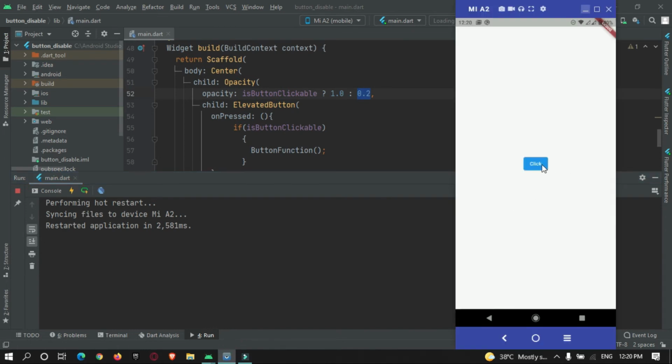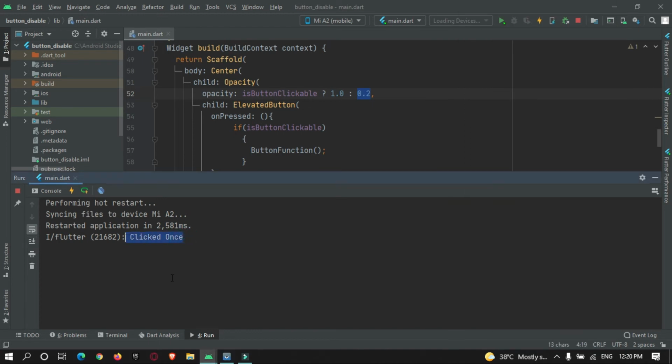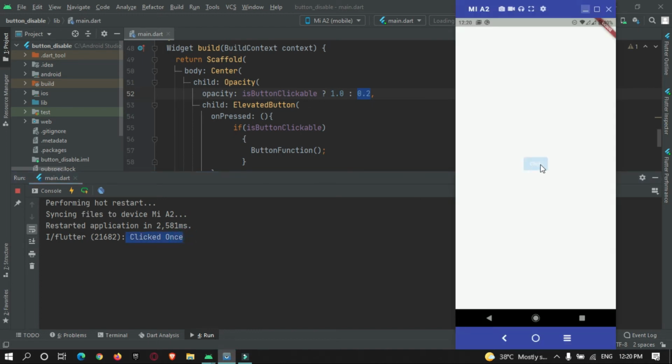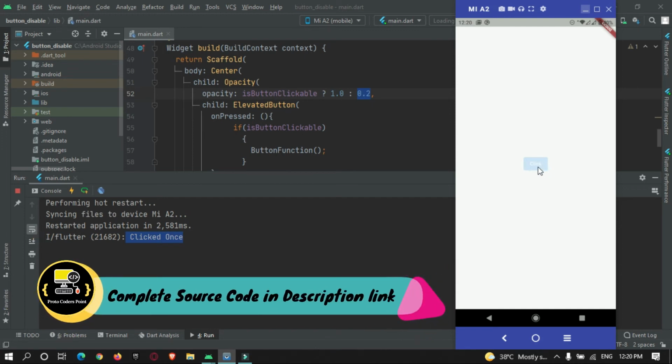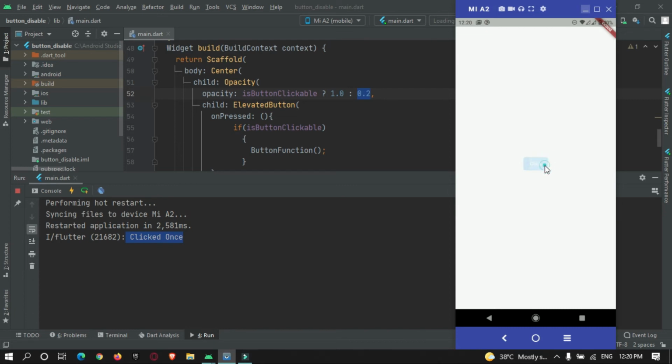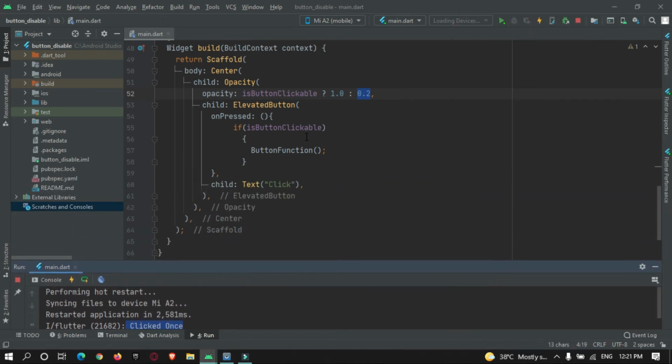When I press once, as you can see, the button is clicked once, and immediately the opacity of the button got less, meaning it is less visible. Now the button is not clickable. This is how we can disable a button from getting pressed twice.